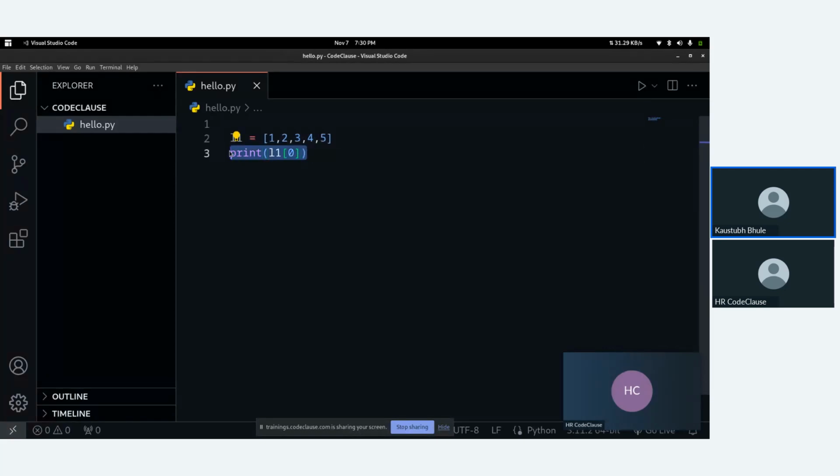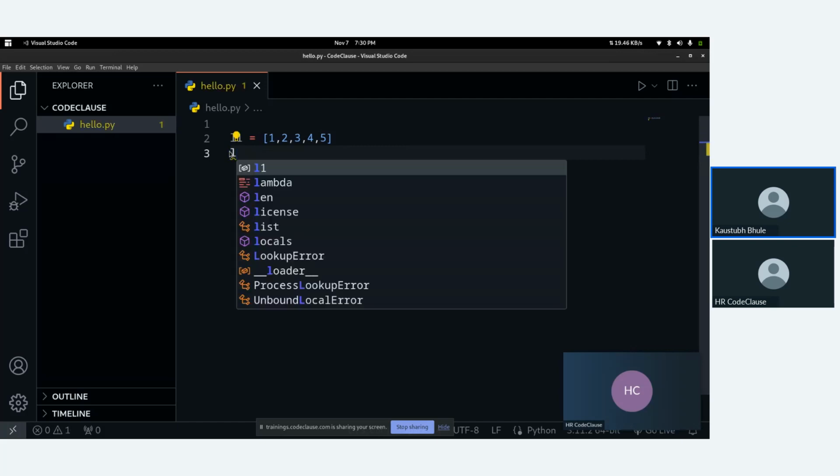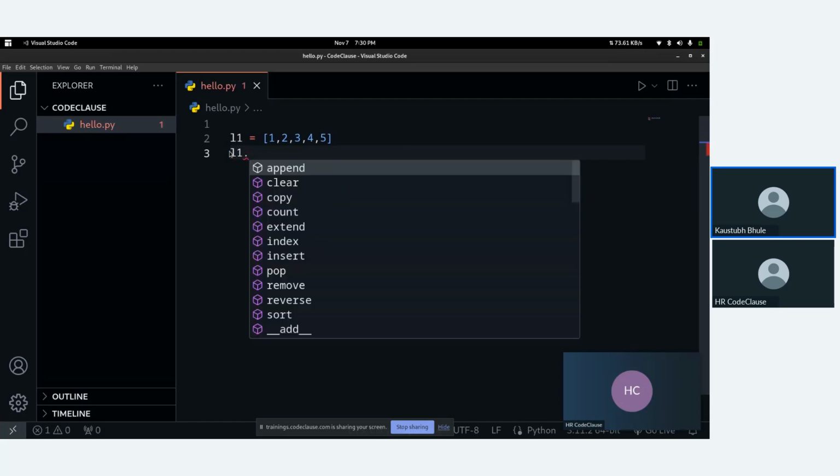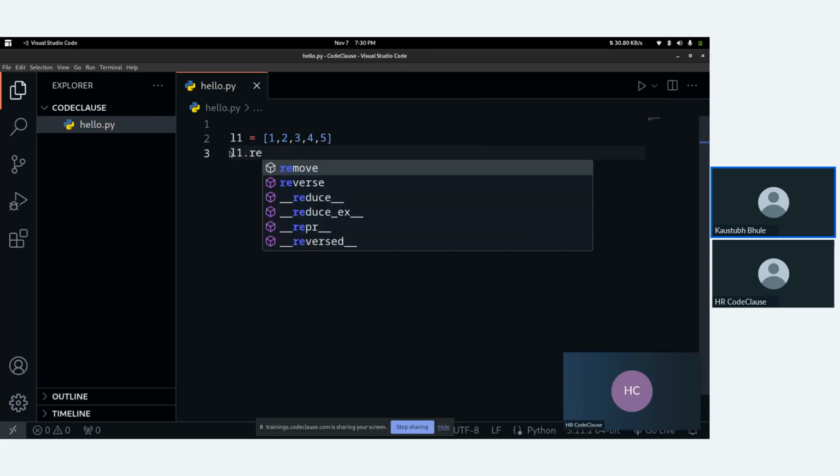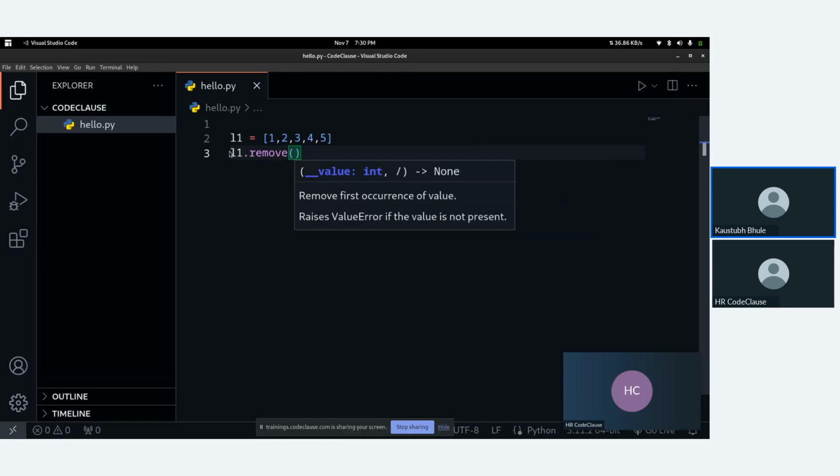Fine. What if you want to add some other elements to the list L1? In that case, you can use the list function append followed by the value you want to add. Similarly, to remove any element, you can use the remove function followed by the value you want to remove from the list. Okay.